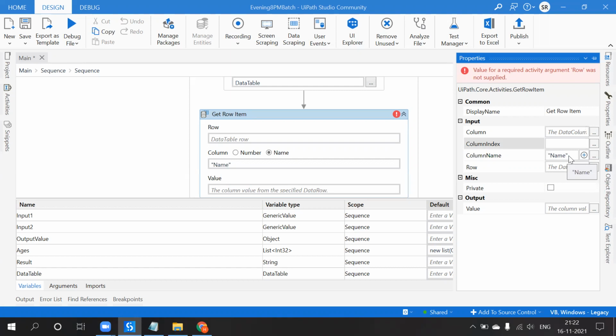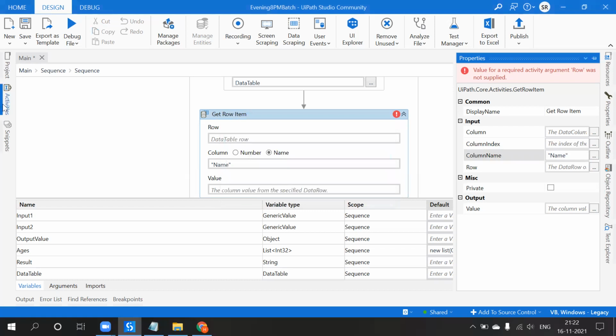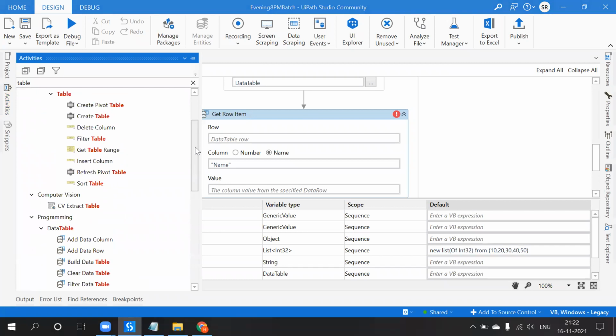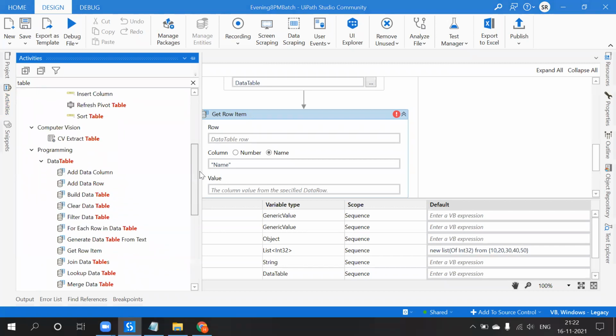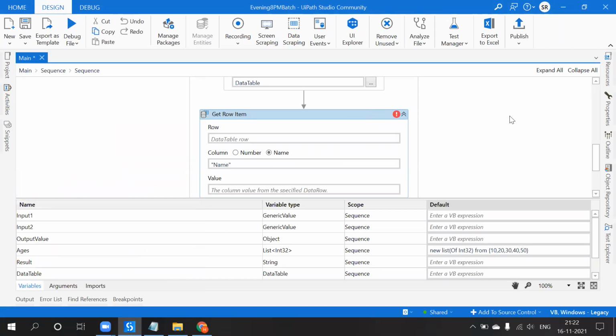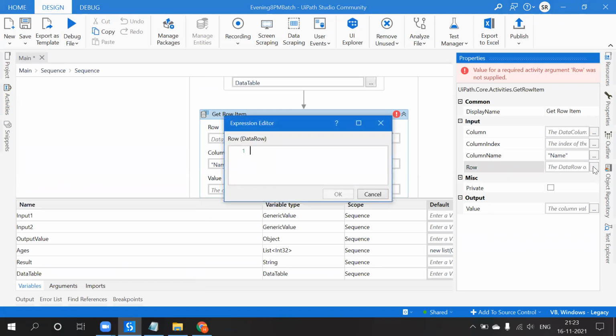So that column name we will pass, but we won't pass it as a hard coded value. It's a string, right? So based on the requirement, we have Get Row Item. Based on the column name, we will tell it. And row, what is this row? It's a data row.